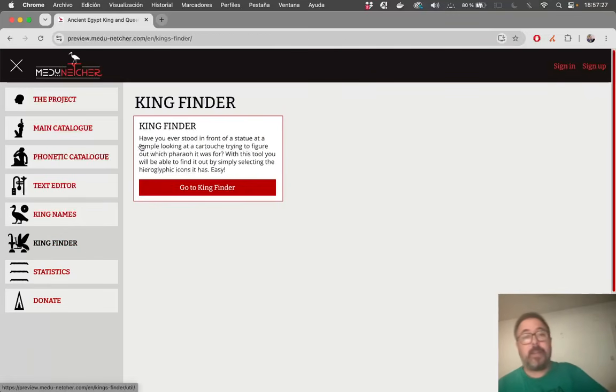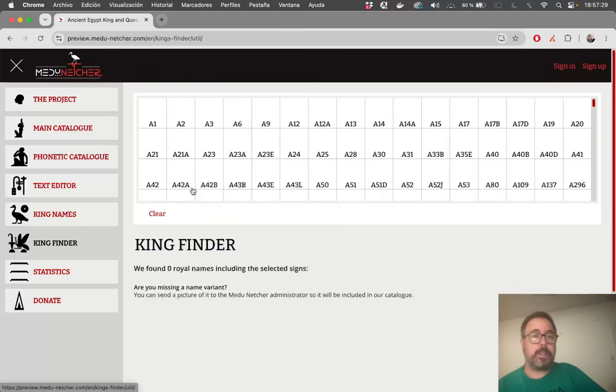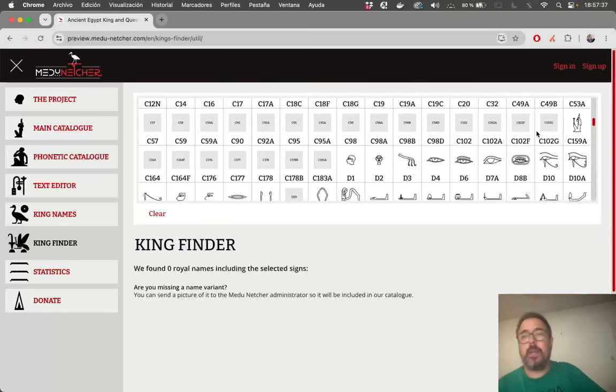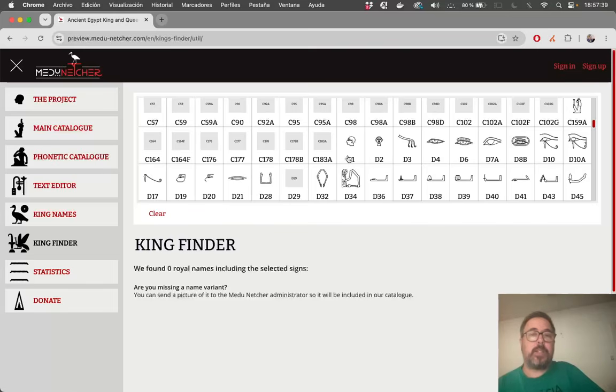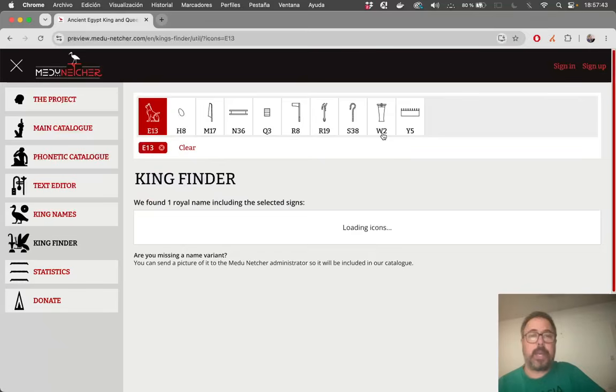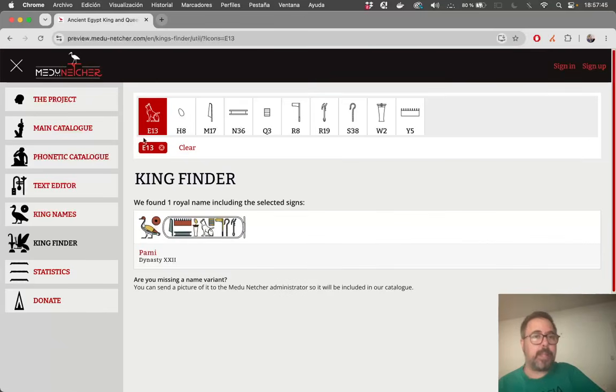You have the King Finder as well, which, simply by typing here, shows all the icons that have been used in any name for any king documented in the catalog. If you have some king that contains, I don't know, the cat, you click on the cat, and then the subset of icons changes to the ones that are used in here. In this case, we only have one king, which is Pami from the